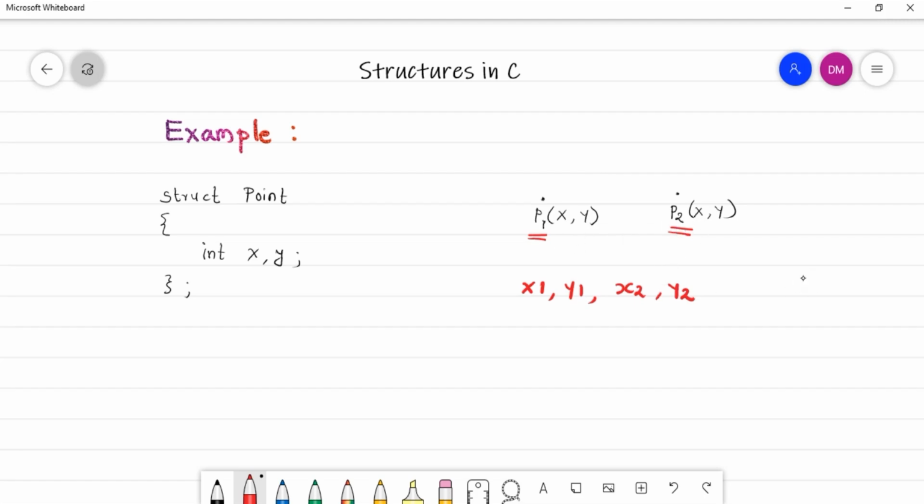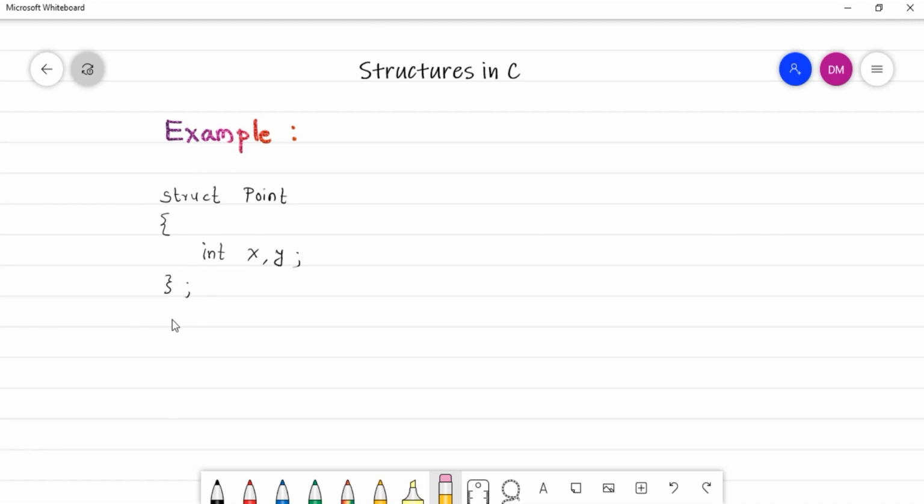So let us write a program for this. As I told you, we are going to calculate the distance between 2 points. Basically, after defining the structure, you can include your user defined functions, and then after that the main program.